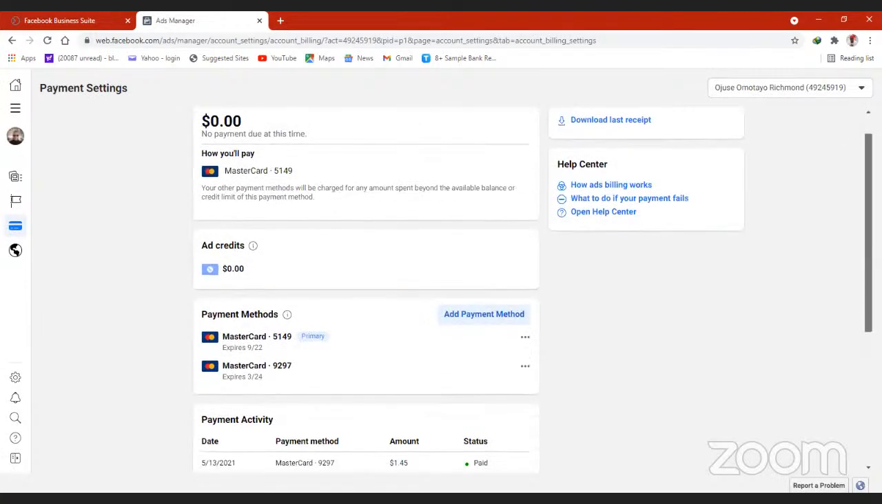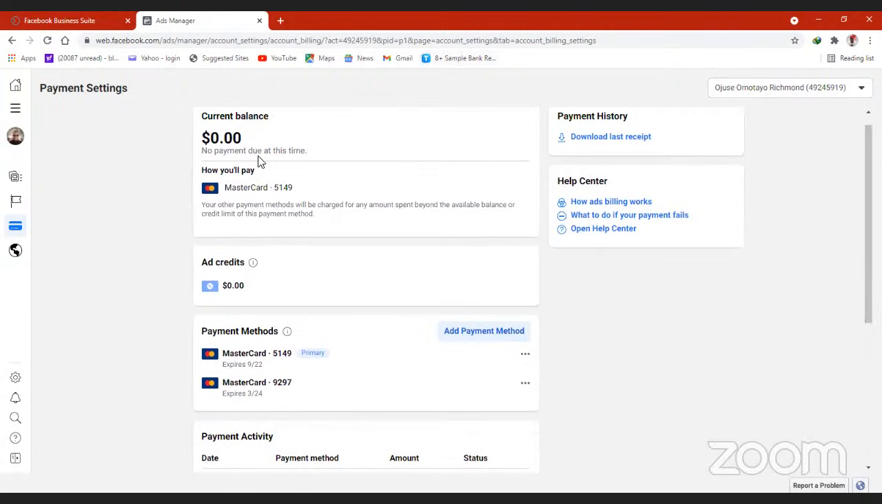So when you come to payment setting, now I'm not owing them anything. So you come to add payment method. So when you come to add payment method,